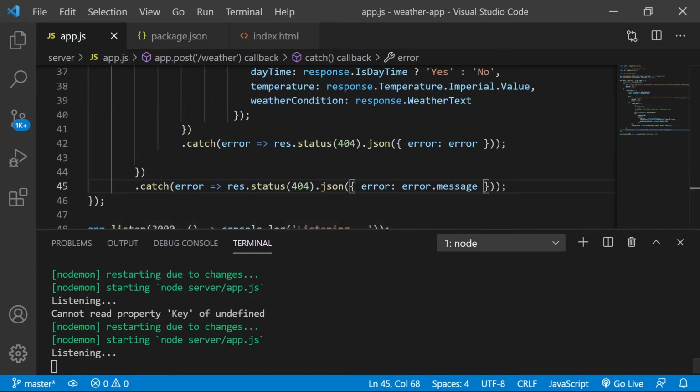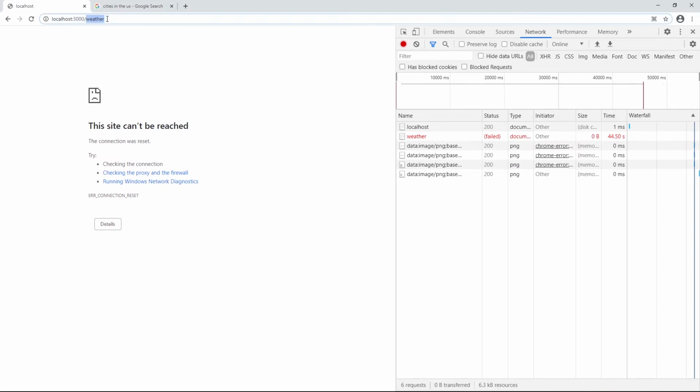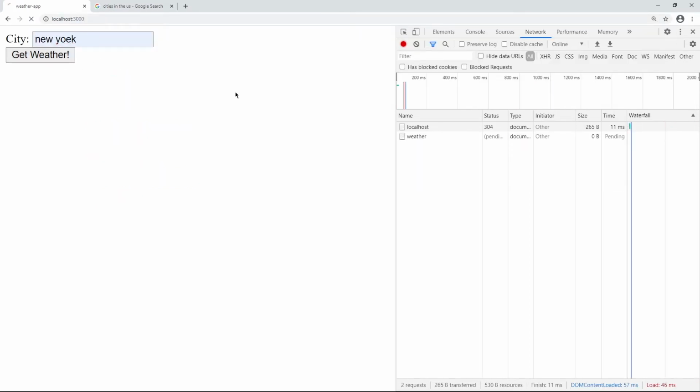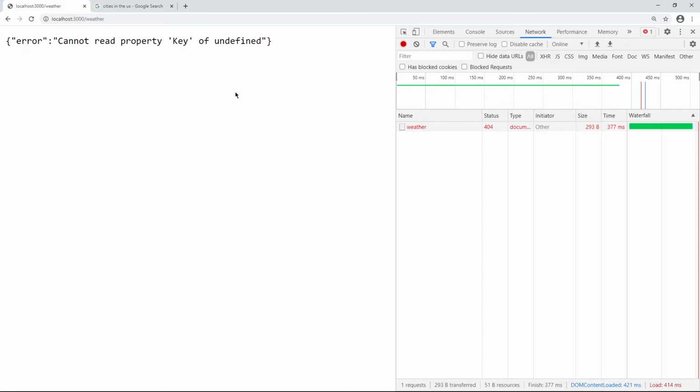Okay, let's go back to our app, back to the root. Okay, perfect. Cannot read property key of undefined. So now at least we're getting some more helpful information as to why it couldn't work. Now, obviously for a consumer of this, cannot read property key of undefined doesn't really help them. You might be logging this to some other external service like Datadog, for example, or adding some more helpful information, maybe not the actual error message. That way it just becomes more helpful for them to try and debug, get in touch with support, and so forth. But for the purposes of this app, I think it's good.